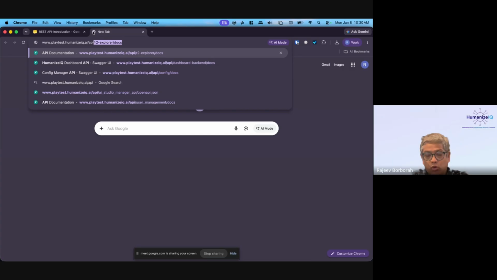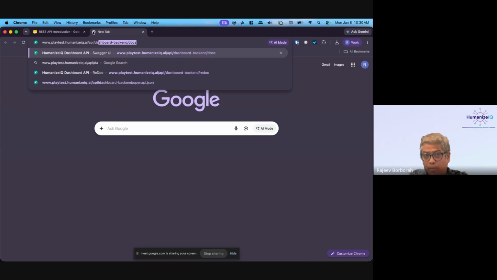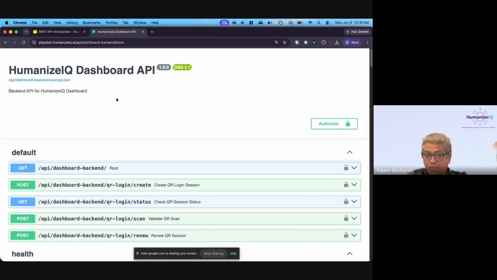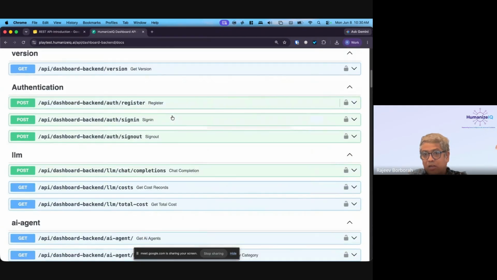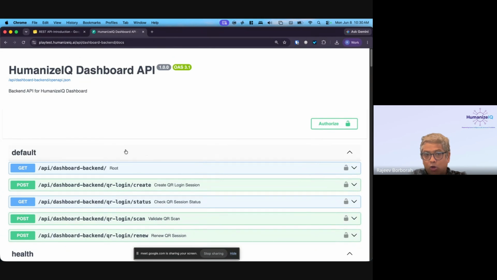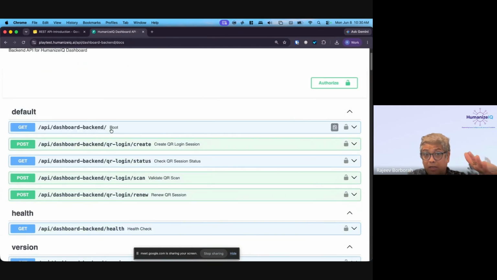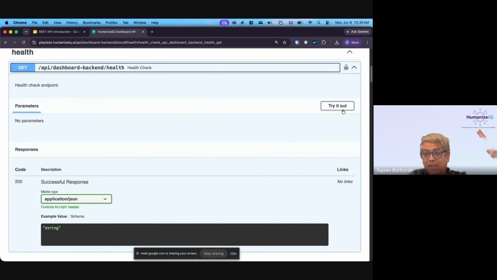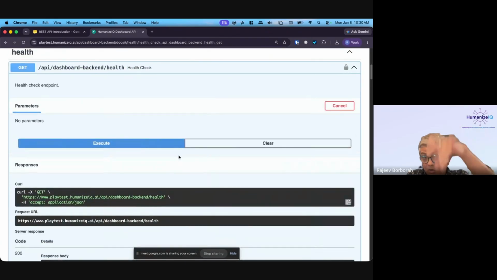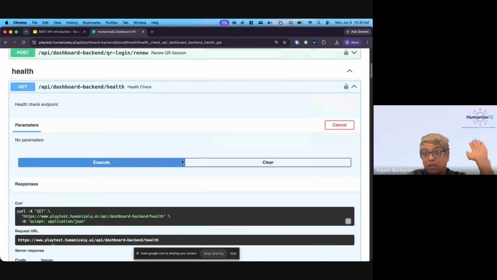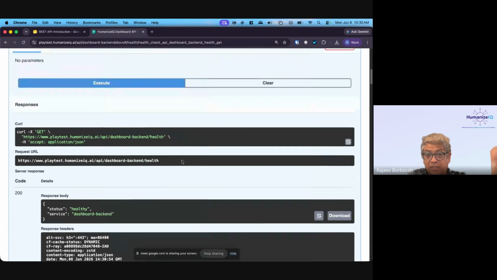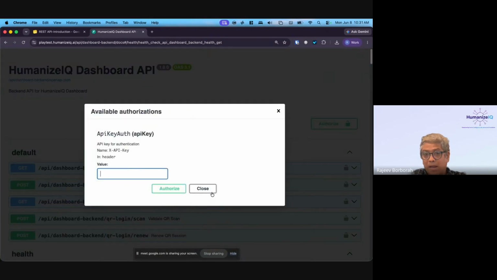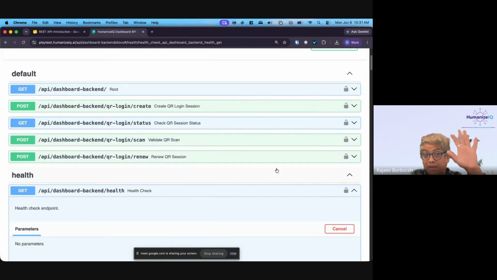I will show you one of the APIs which we use very commonly in our organization, which is called dashboard backend. This is a Python API, right? This is what a Swagger documentation page looks like. A Swagger documentation page is automatically created, which allows you to test your API through this page. For example, I can say try it out. It is an industry standard. It is generated automatically. It allows you to set up the authorization parameters and then execute the API right there, right?